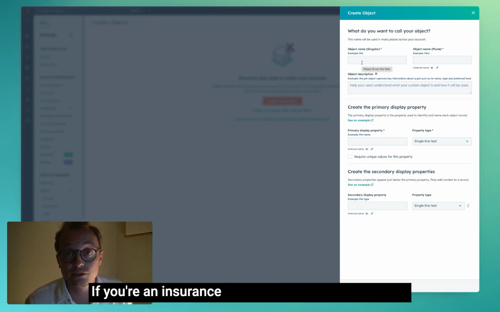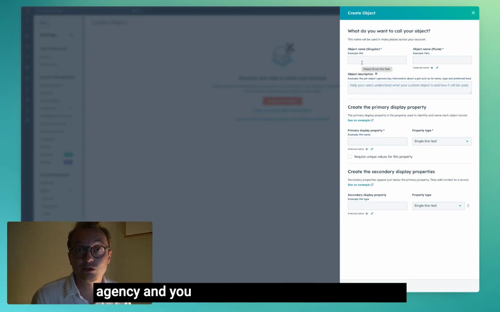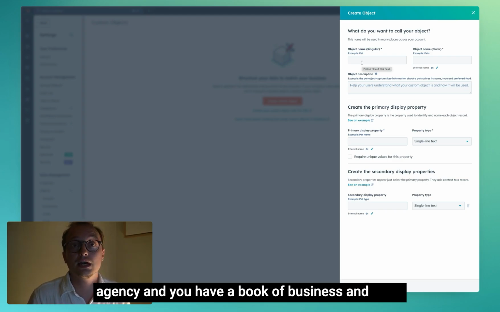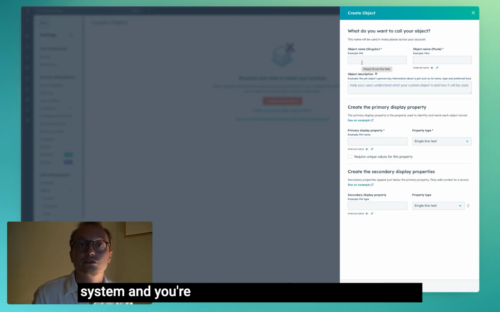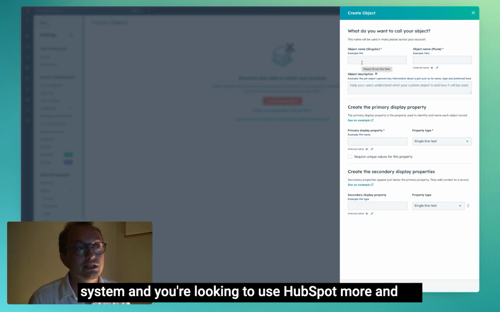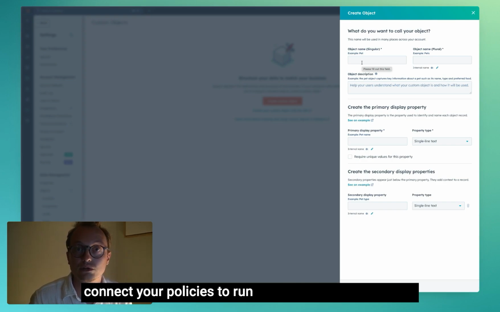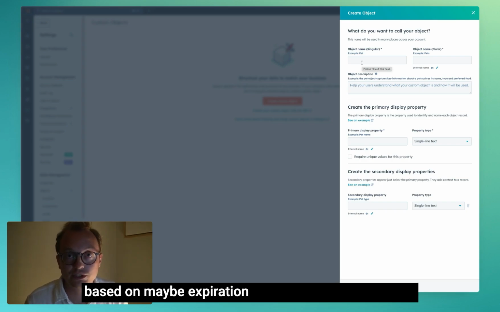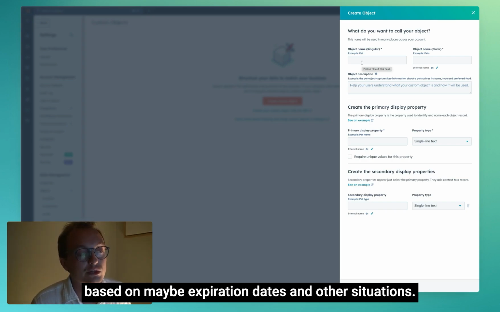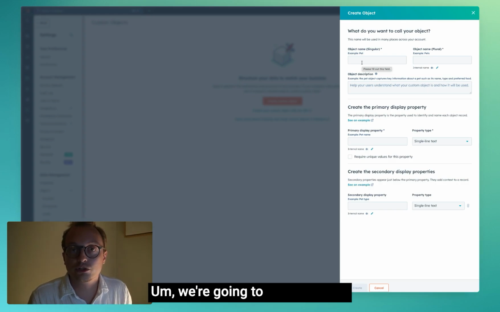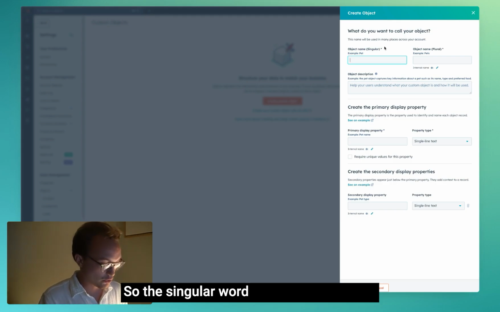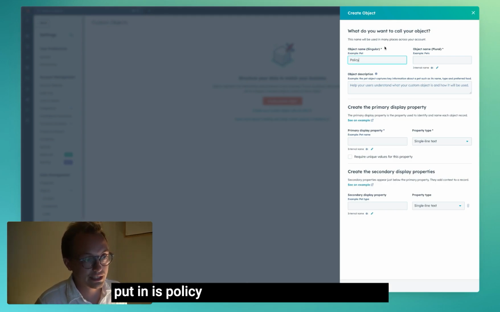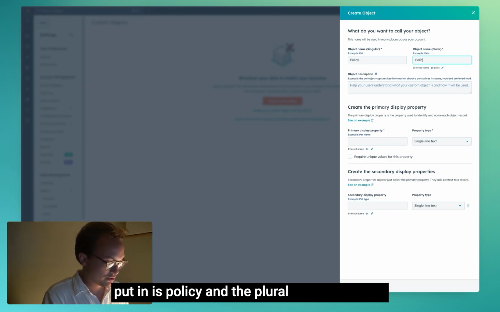If you're an insurance business, maybe an insurance agency, and you have a book of business and you'd like to start using HubSpot, maybe you have an AMS system and you're looking to use HubSpot more and connect your policies to run automated workflows based on maybe expiration dates and other situations, we're going to go ahead and create that example here. So the singular word here that we need to put in is policy, and the plural will be